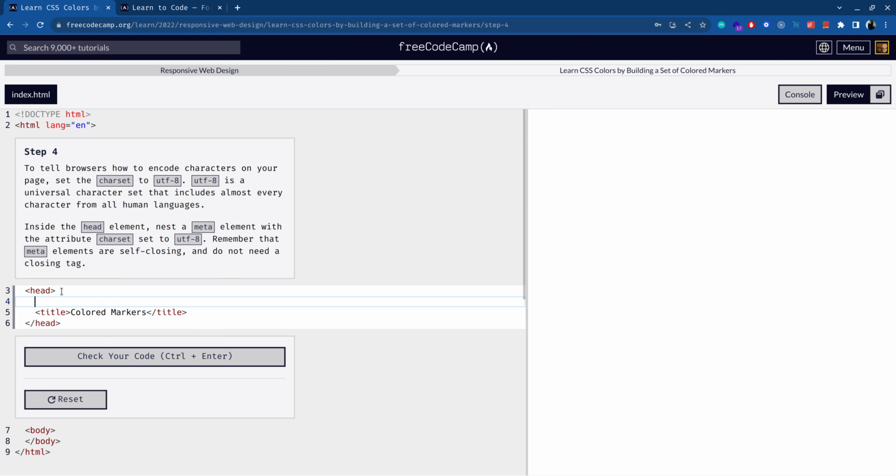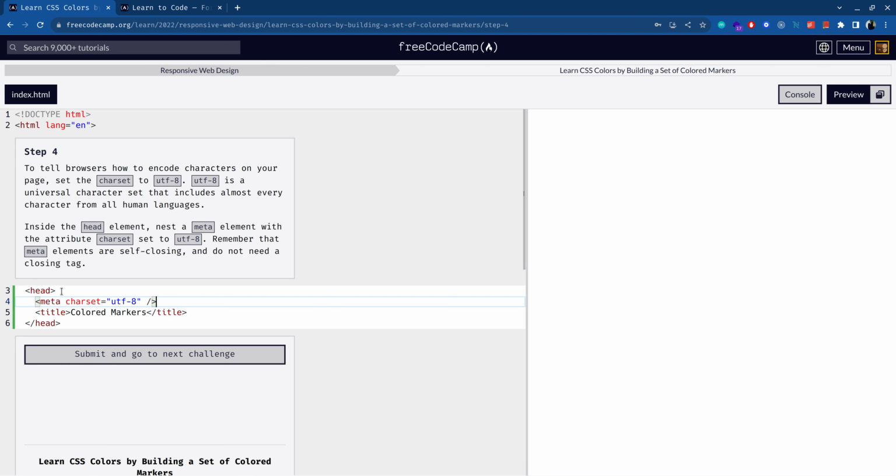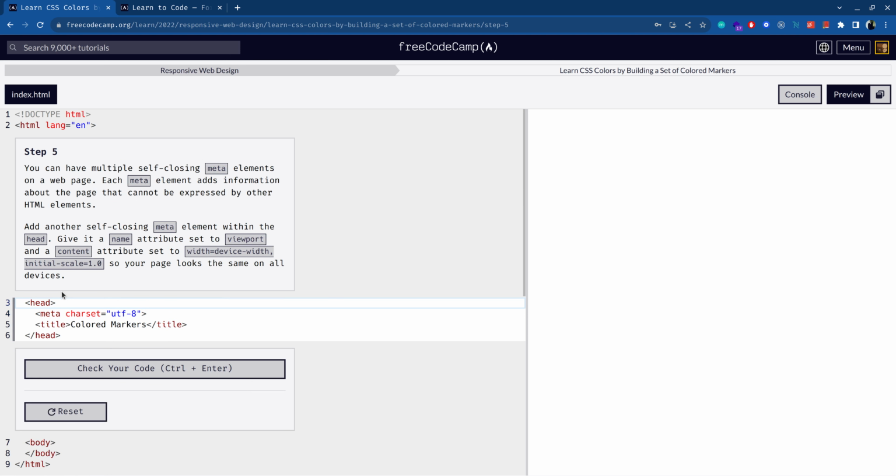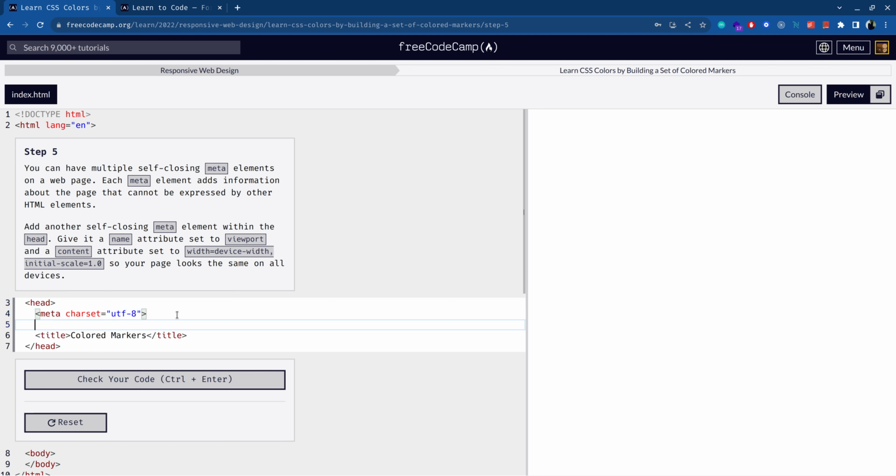Yeah, let's tell the browser how to encode characters on our page. So it's going to have a character set of UTF-8, and meta is self-closing. You can have multiple self-closing meta elements. Okay, so let's add another meta,